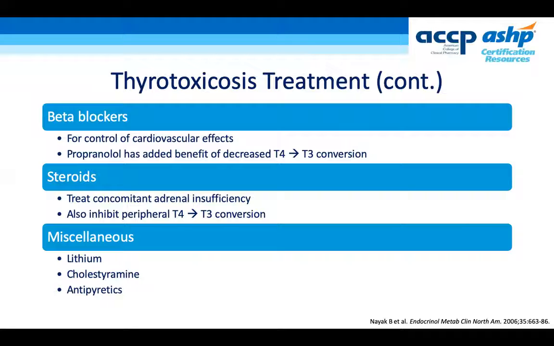So lithium actually blocks the hormone release in these patients. You do target a level of about 0.6 to 1, similar for its other indications, but that would be an option for refractory patients. Cholestyramine can decrease the reabsorption from the enterohepatic circulation. So it can be helpful within these patients as well. I do recommend being cautious with your timing of cholestyramine, just because if you do happen to give it on top of the conventional medications, it may interact with those medications and lessen their efficacy as well. And then finally,